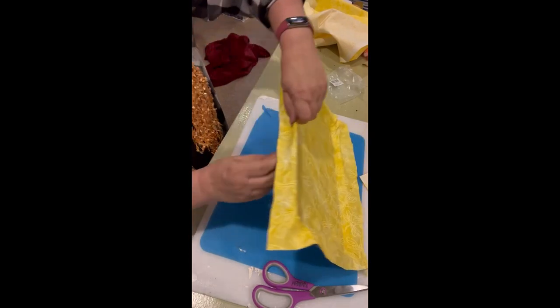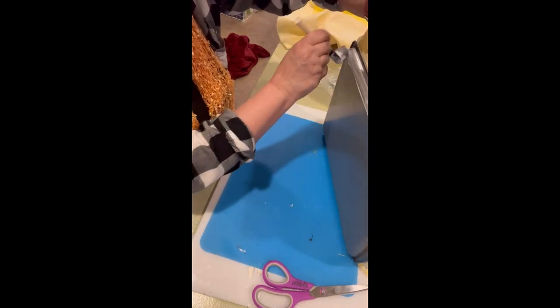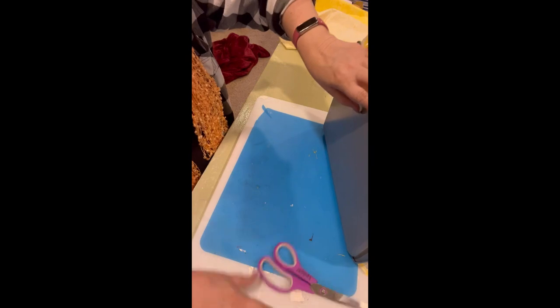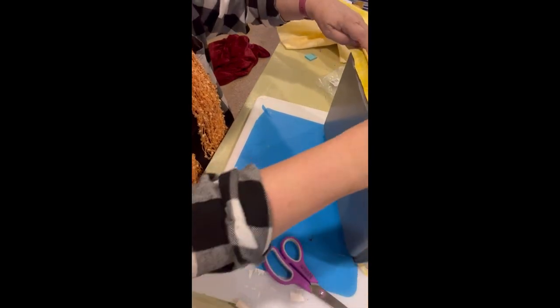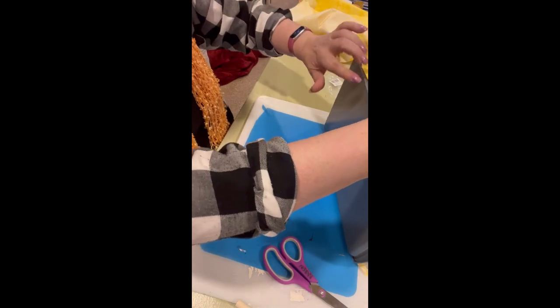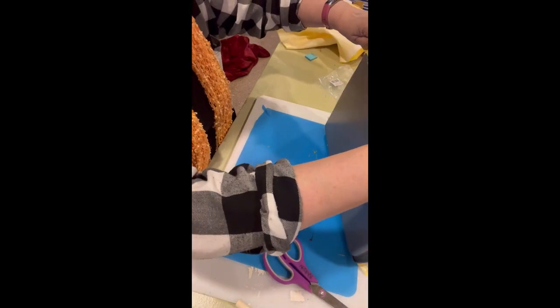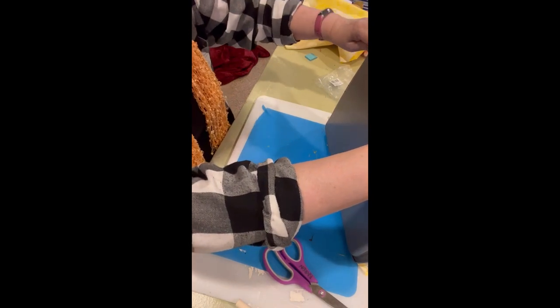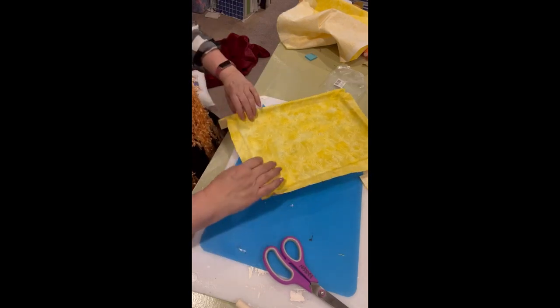All right, now I'm going to take one side at a time. Put some Mod Podge here on the side, so it's going to kind of go underneath and have a nice finished edge. This is not super even, but I can go back after it's dry and after I put that second coat on and just trim that up a little bit. It's not going to be important. You won't see it, but